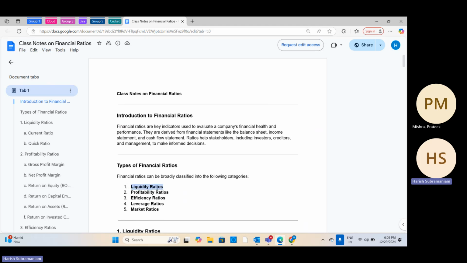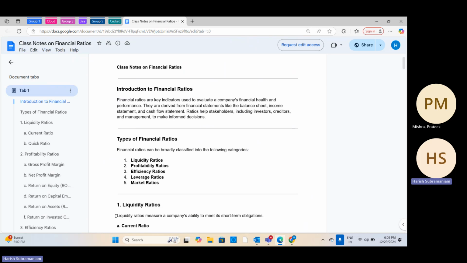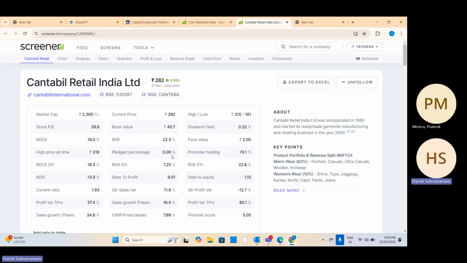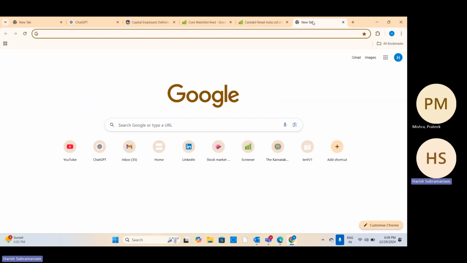So liquidity ratios. It is the ability of a company to repay its short-term debts. So is the company liquid enough to repay its debt? Because if a company cannot repay debt, then the company will sink. That's what happened to some of the so-called major companies that existed in this country, and then their promoters ran away to London and to all these other places, because their company sank. Even if you look at Vijay Mallya, for example,